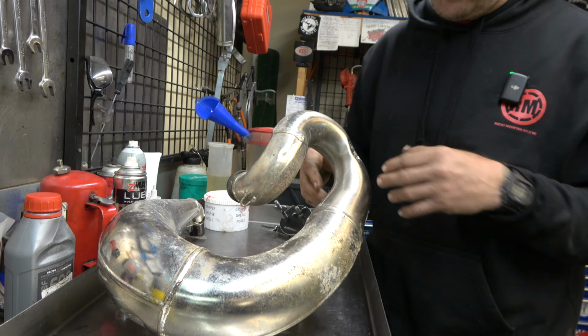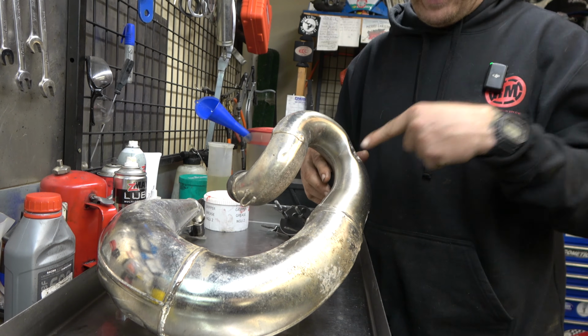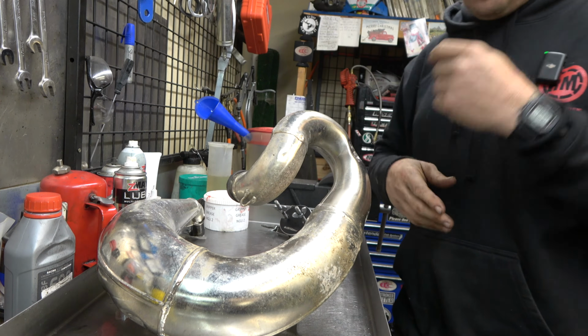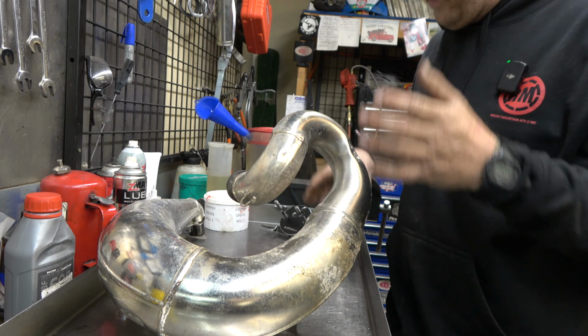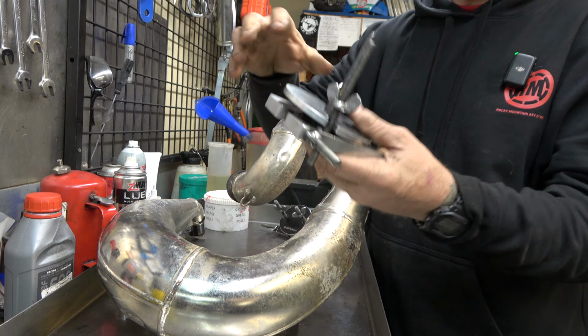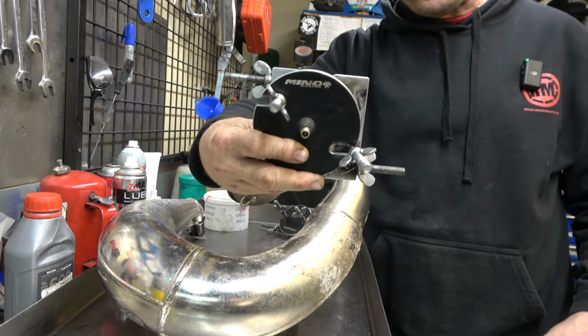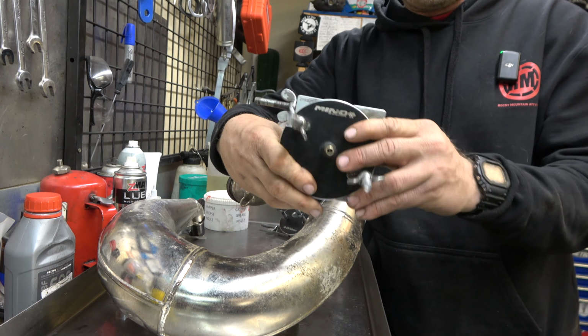The other thing you can do is an old school body thing. You can tack weld rods on this, hammer it, slide it, whatever, grind it off, all that. Or you can use air pressure and heat. Now I use this. It's Mino Racing Products. I don't think these guys exist, or maybe the company exists, but they don't make this anymore. But